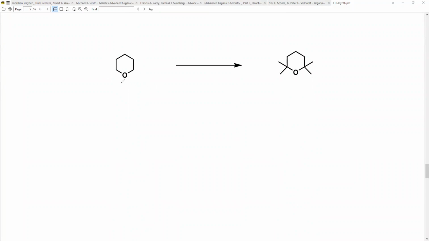Well, if I think outside of the box for a second, or outside the ring, all we really learned for ethers is that we can crack them open, right? With epoxides, you can do a lot of fun things, but when it comes to normal 6-membered, 5-membered ethers, all we can really do is crack them open. And what we're also doing is forming new CC bonds on both sides of this ether. So I'm thinking I just crack open this ether for a second. Interestingly enough, I'm actually going to work a little forwards here. Okay, so I just crack this open